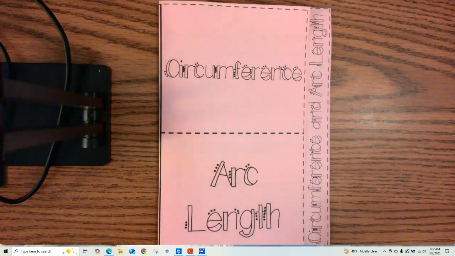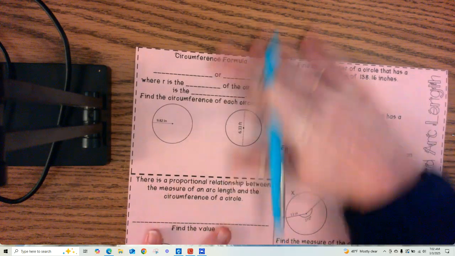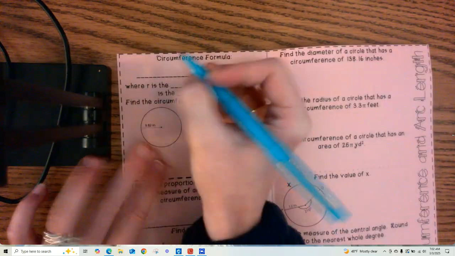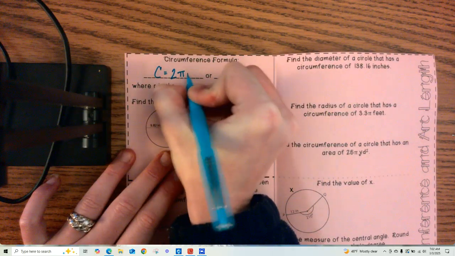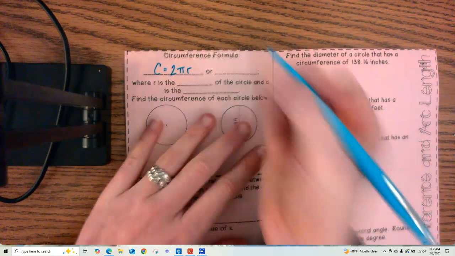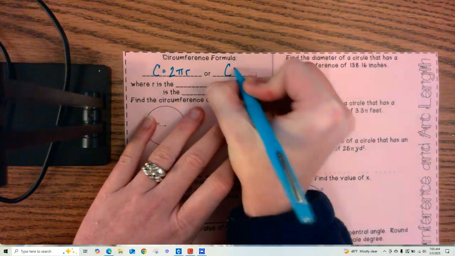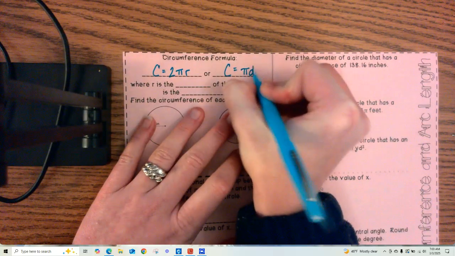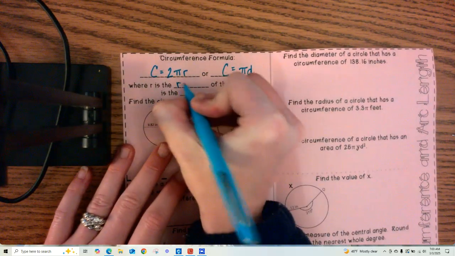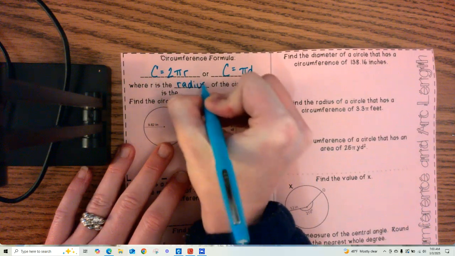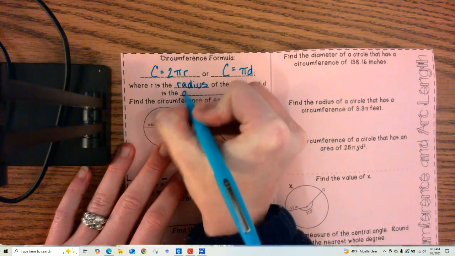All right, this video is for the circumference and arc length of a circle. So we're going to start out with a circumference review. All right, circumference of a circle is 2 times pi times r. Or for circumference, we can use pi times d, pi times diameter, where r is the radius of the circle and d is the